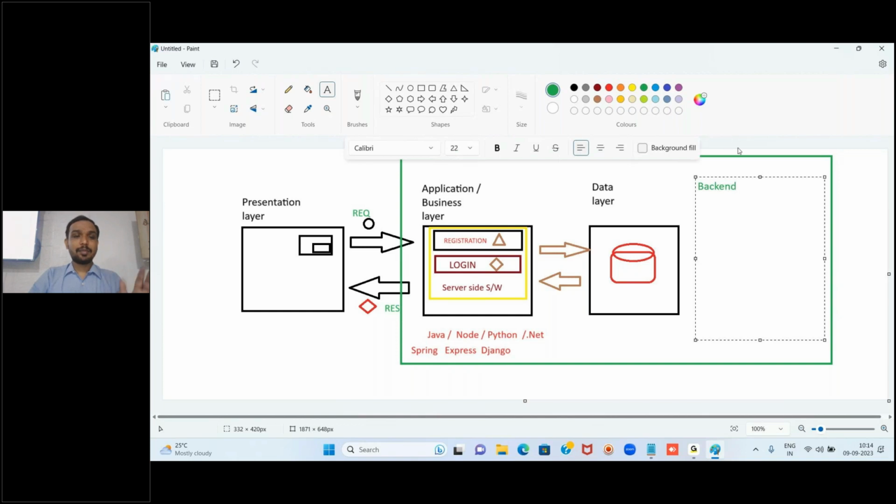And in the same example, Gmail, what we can see is the presentation layer. If you open Gmail, how it is matched, we cannot see. Only the pages we can see: the home page, or registration page, or login page. If you successfully log in, the dashboard page you can see. If you click inbox, the inbox page you can see. Means only web pages you are able to see, and all these web pages together is a website. What we call it? Website.